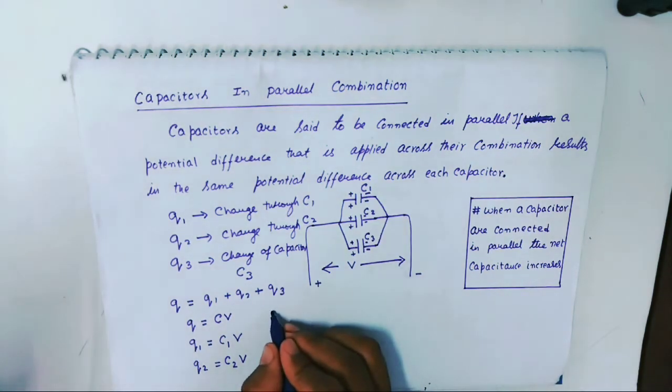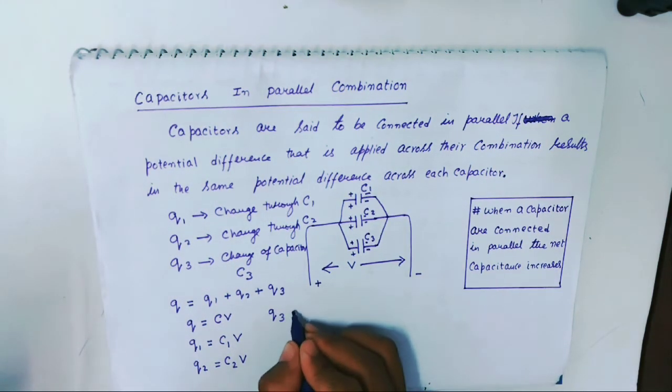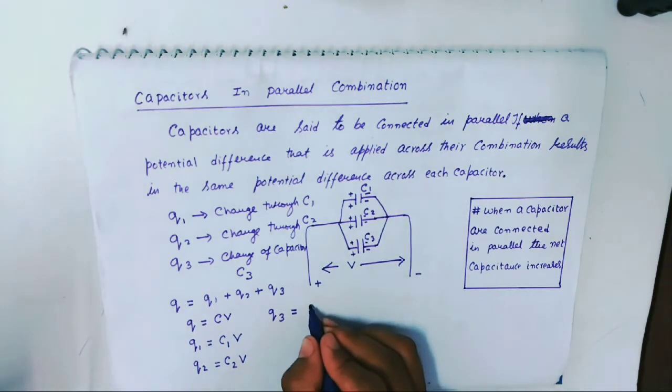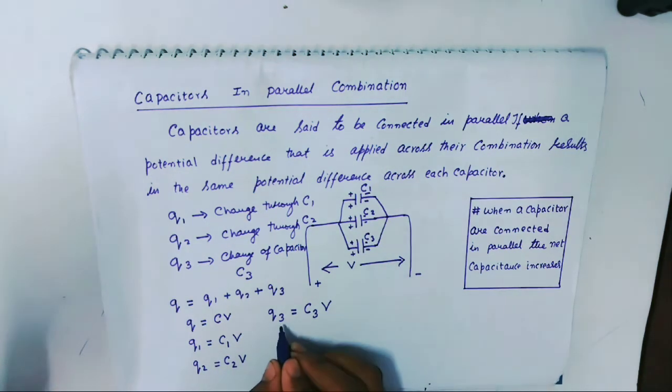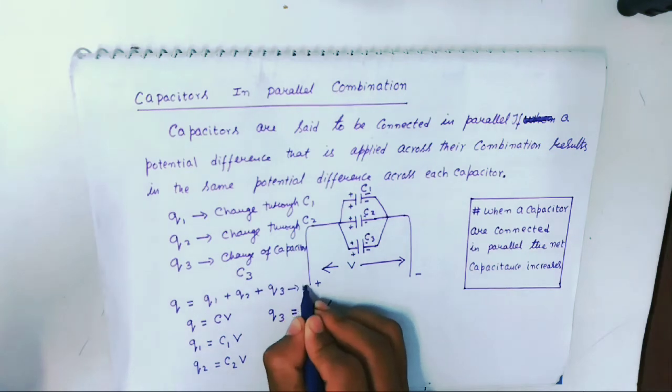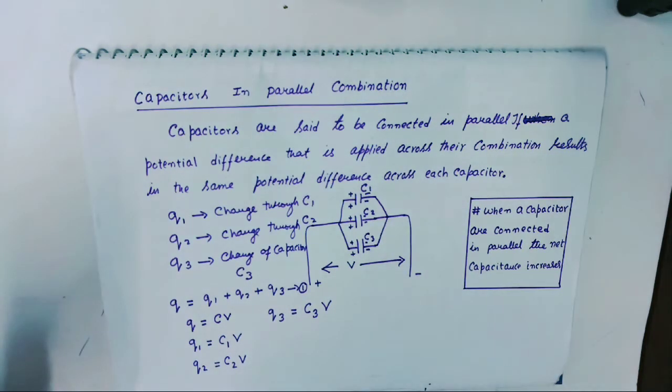Also Q3, it is C3V. So if we put this value of Q1, Q2 and Q3 in this equation, say it is equation 1, then